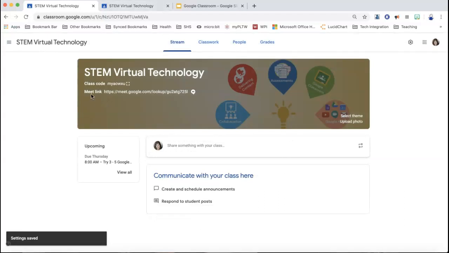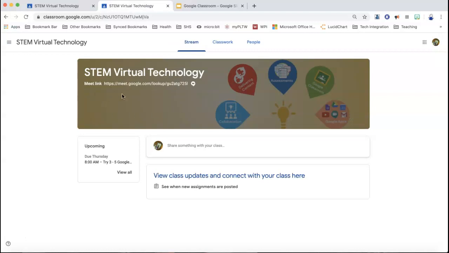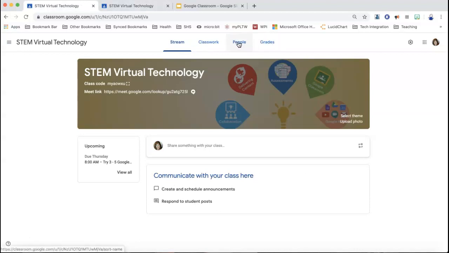So now all of a sudden it's going to show up here, the Meet link, and this is the student account, and you can see the Meet link is right up there. And the students can try and click into it, but it's not going to work until you as the teacher go in. If you have any co-teachers in your classroom, if there's anyone else that's also teaching the class, then they could start the meeting as well, but no students can come